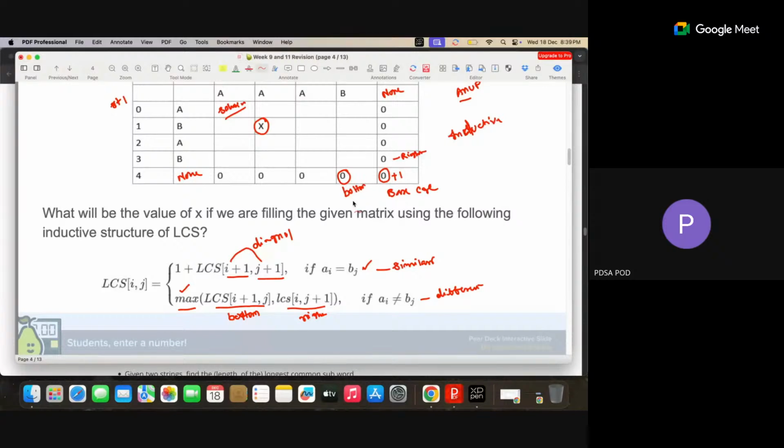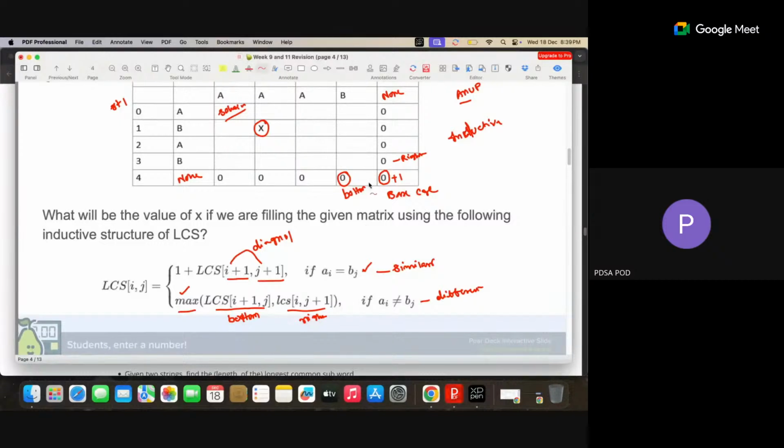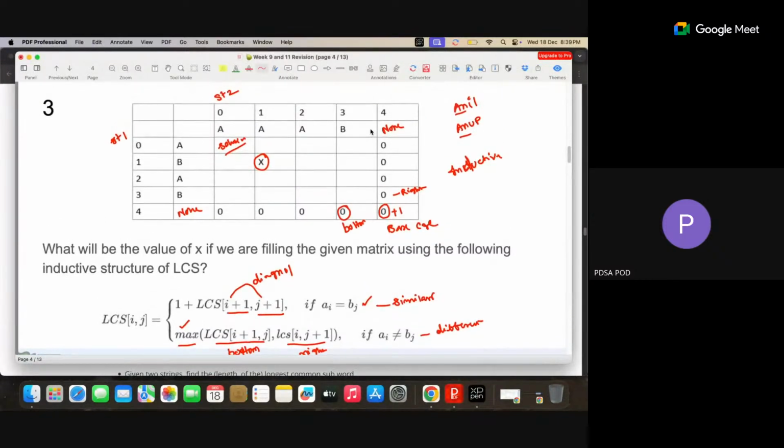That maximum is called the bottom value and the right value. This right value belongs to the first string and second string, and for the bottom value, we are taking the first string with the second string. Now let us take B and B. Is it matched or not matched? Yeah, matched. Whenever matched, we take this